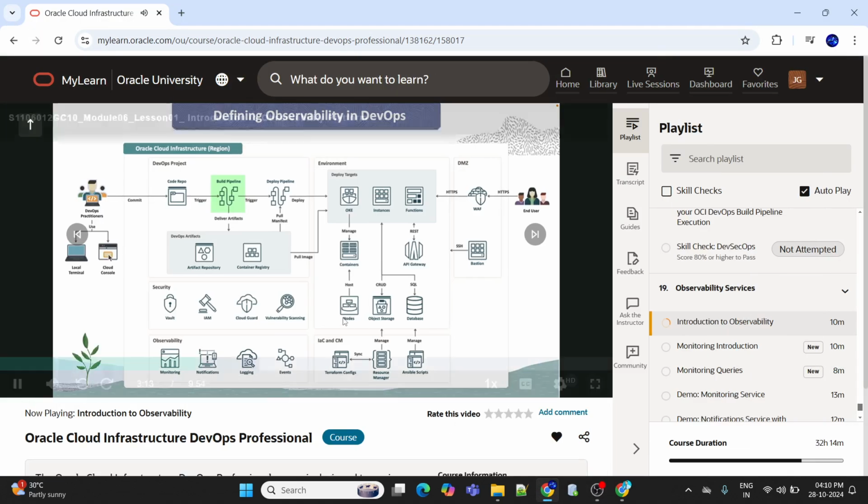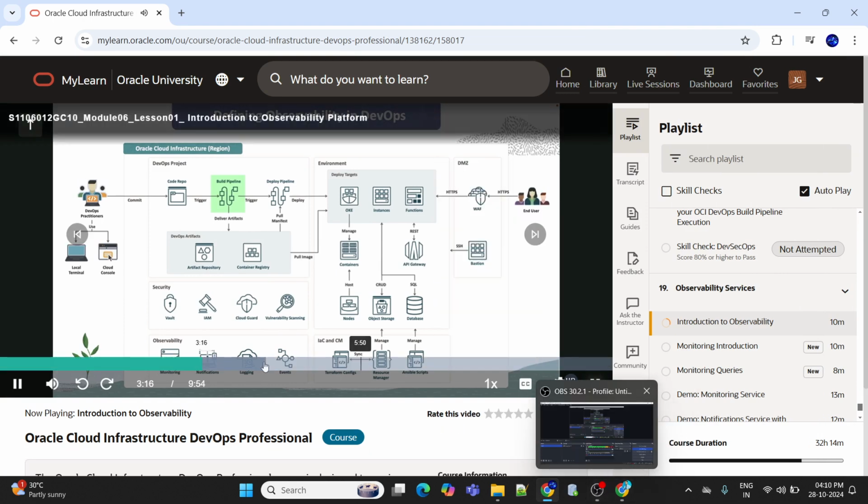compiled and makes it ready for deployment. The build pipeline would also